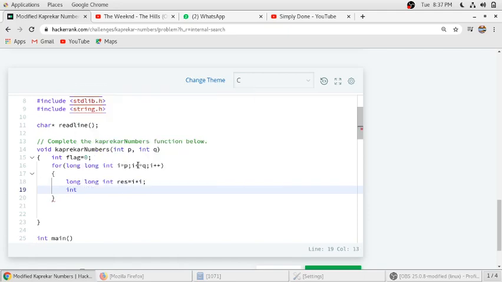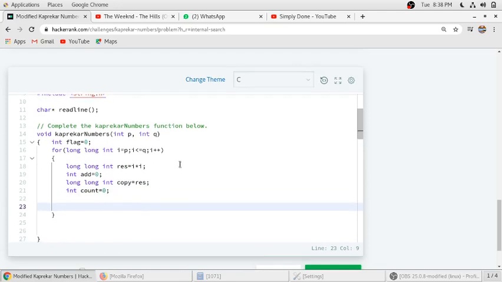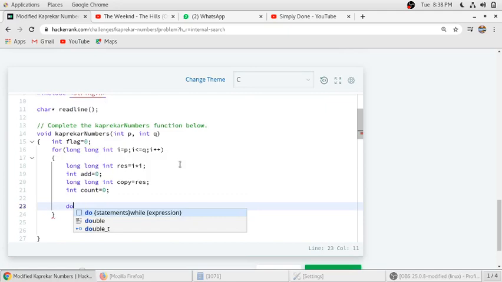We will take another integer, add, to store the addition of the split numbers, and another long integer, copy, to store this result, so even after the result is modified, the copy will remain the same. To count the number of digits, we will take a count variable. Our basic declaration has been done, so we'll run a do while loop.